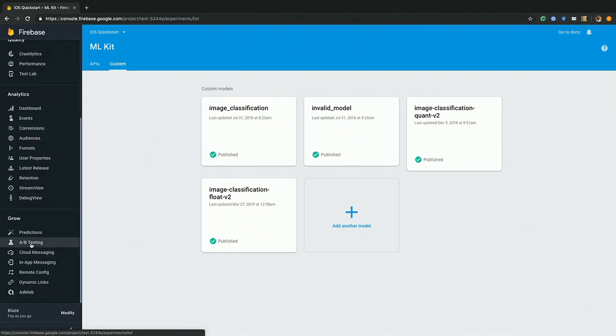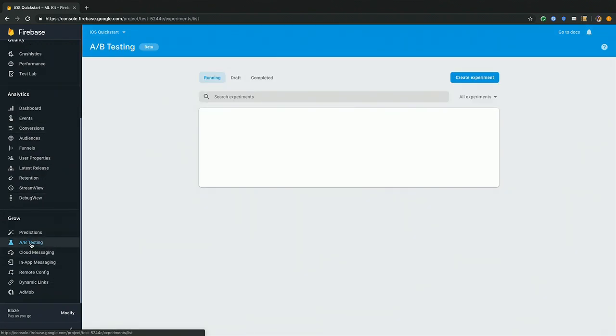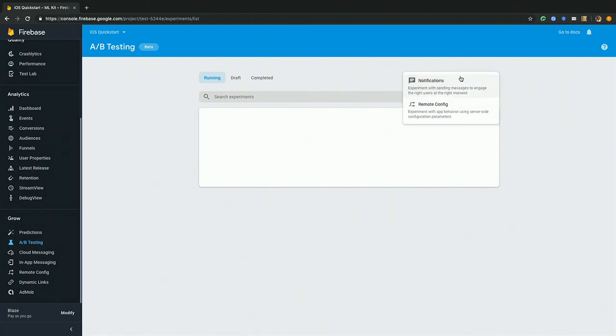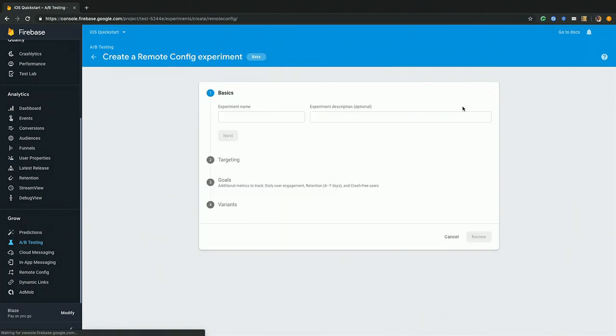We can actually run an A/B test. An A/B test lets me use some of these models or some of the other parameters on the fly in my app. We'll use Remote Config, which lets my clients get some configs on the fly. Let's say the experiment name is ML Kit, just for the sake of example.